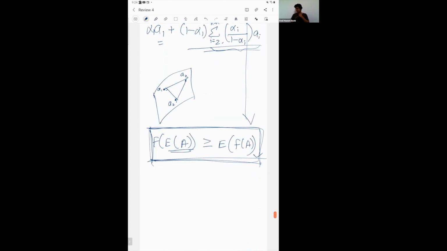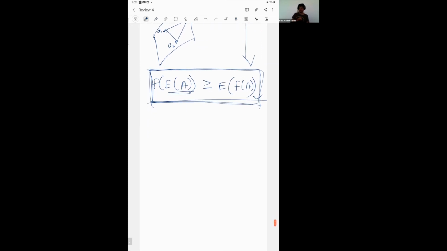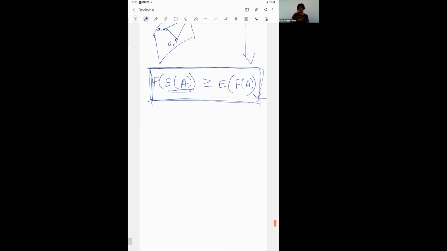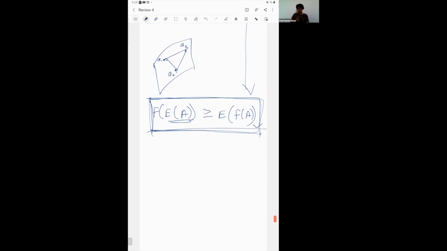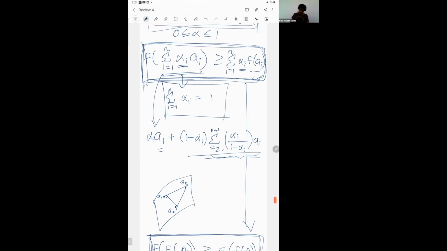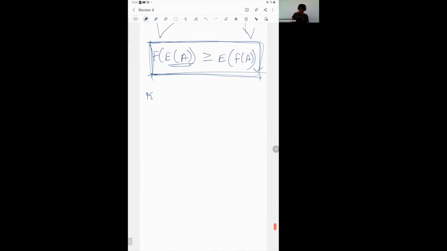So any doubts in Jensen's inequality? In the previous lecture I had mentioned that KL divergence is always positive, but you can also prove this using Jensen's inequality. So I'll quickly go through that as well, and then everything connects. You can prove KL divergence is positive, and this would consequently lead us to showing